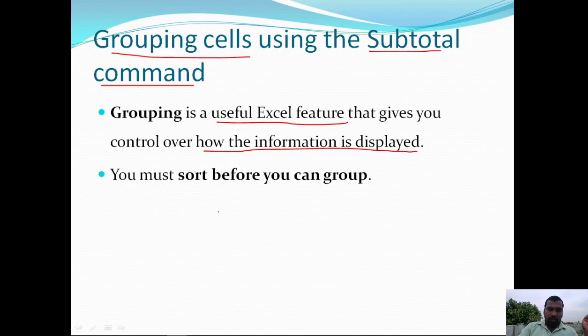One thing you need to remember before applying the grouping operation is that your data must be in sorted order. You must sort the data before you perform the grouping or subtotal operation.